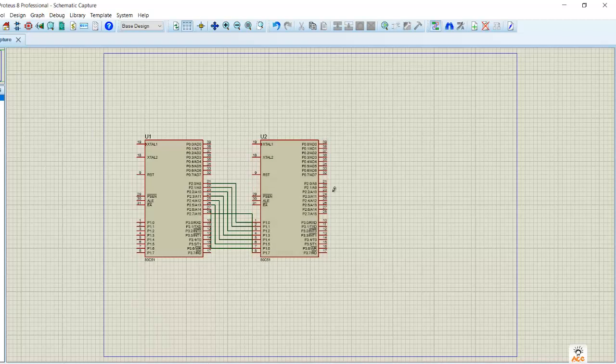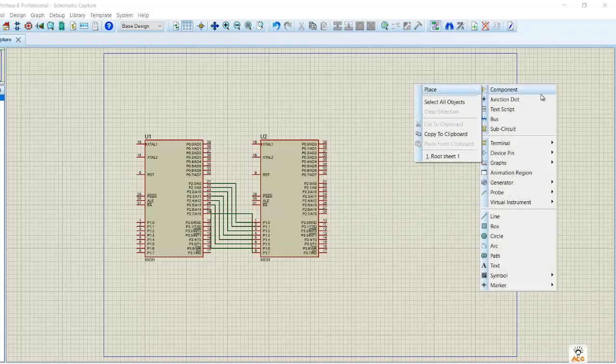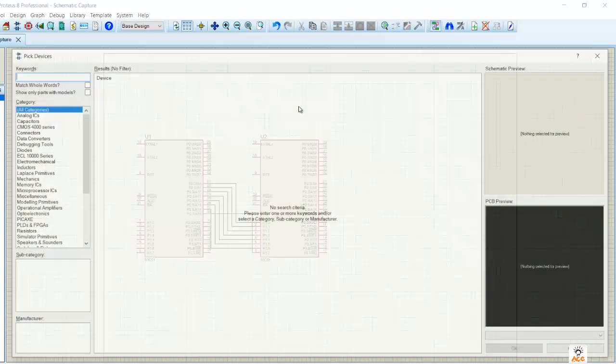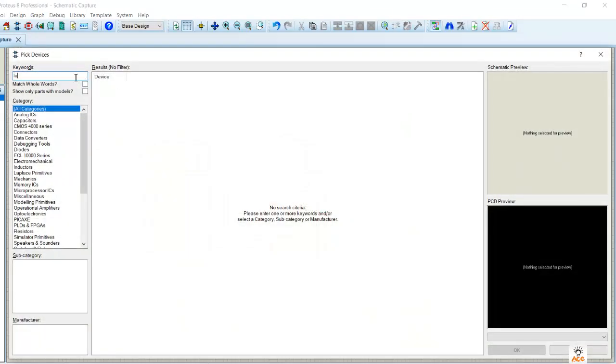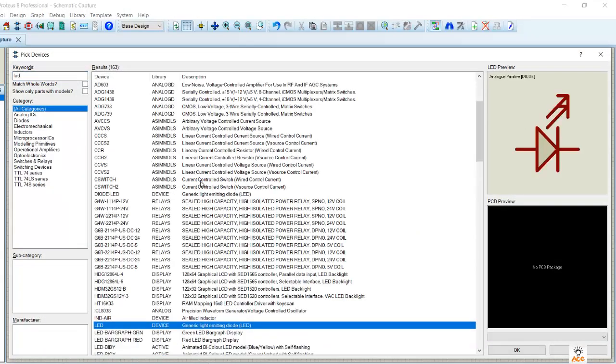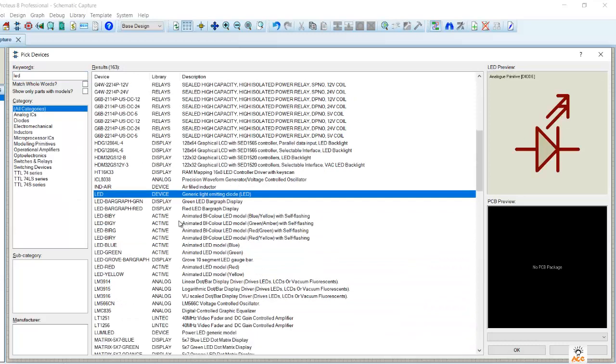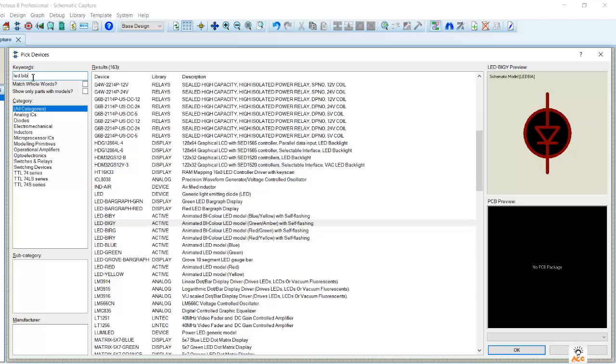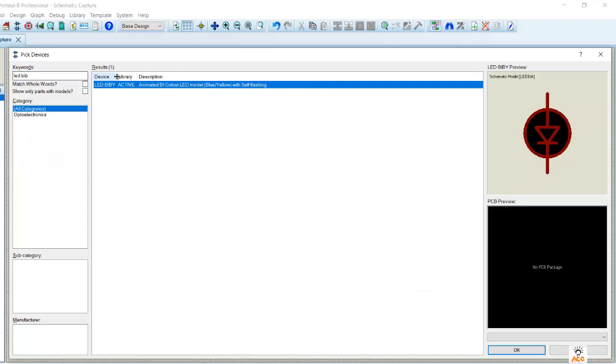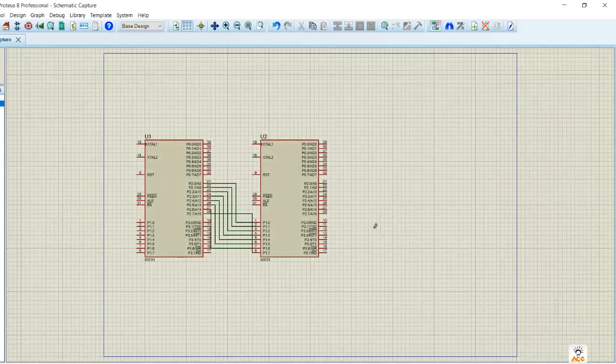Okay, now we have to get the output from port 2 of the second microcontroller. So let us take the LEDs first from libraries. So select this LED, the BIBY active one, and let's drag and drop it over here.